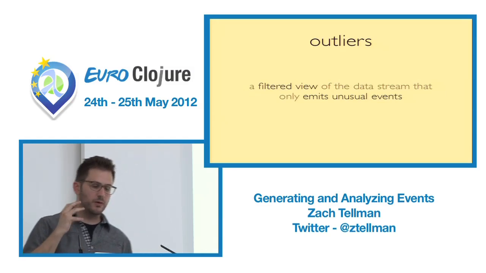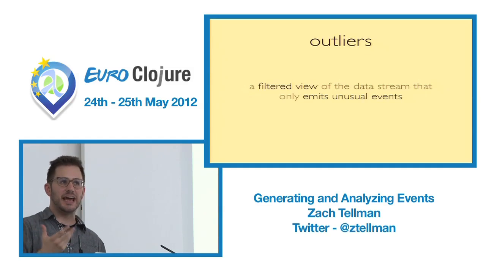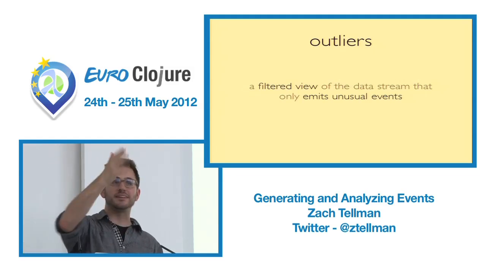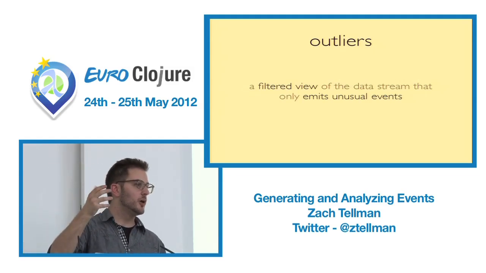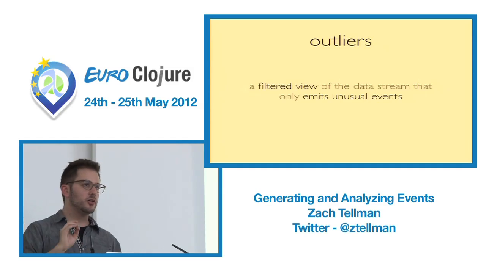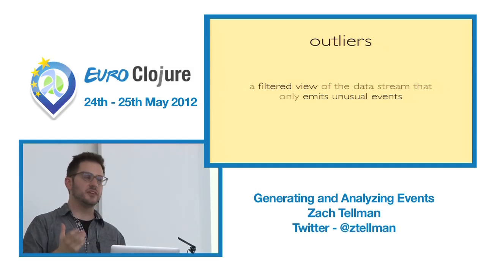And so, you know, outliers is interesting. It's neat. It might actually be useful if you want to look at unusual things. You want to identify stuff that doesn't look like everything else. If you want to look at the rate of outliers to see if maybe you've spiked and hit some sort of weird situation. But I want to focus on really that this is a class of capability that you wouldn't